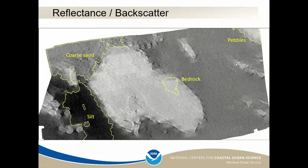But it just so happens that LiDAR and multibeam echo sounders can tell us a little bit more about the lakebed if we look at the intensity of the returned sound or light signals, in addition to the time it takes for them to bounce back. And side scan works in a similar way, looking at the intensity of sound returns, but it won't give us depth. This intensity return is commonly referred to as backscatter, and it provides a two-dimensional image of the lakebed surface